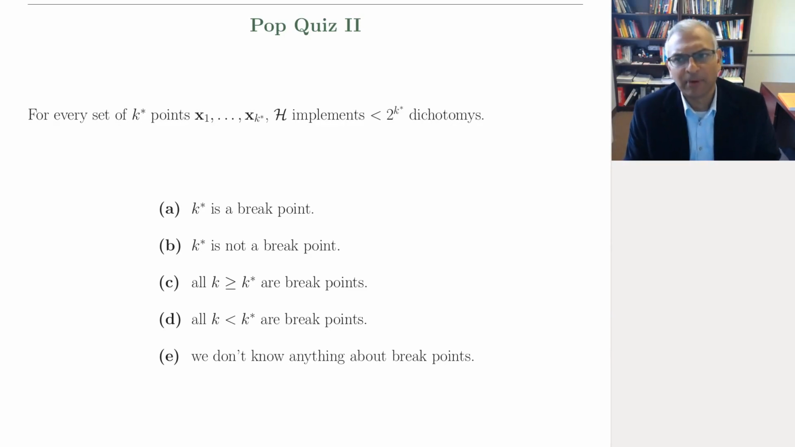A, k star is a breakpoint. B, k star is not a breakpoint. C, all k greater or equal to k star are breakpoints. D, all k less than k star are breakpoints. Okay. And E, we don't know anything about breakpoints. Again, pause the video, and